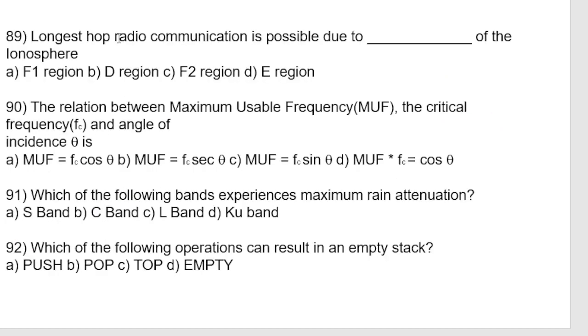The longest hop radio communication is possible due to which region of the ionosphere: F1 region, D region, F2 region, E region? So it is F2 region. The relation between maximum usable frequency MUF, the critical frequency fc, and angle of incidence theta is, so it is